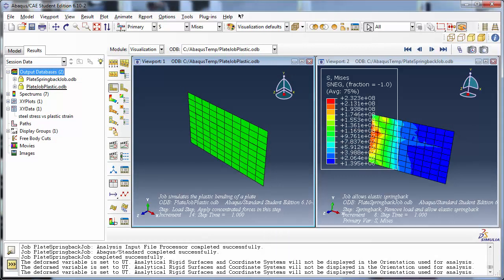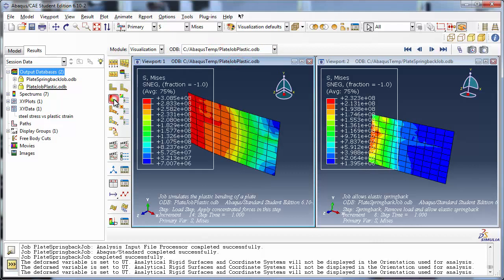A quick way to check which output database is displayed, or to change it, is to use the ODB drop-down menu for the visualization module. Note that the ODB file name is also visible in the title block in the viewport. Display the Mises stresses on this plate. Click on the title bar of Viewport 2 to make it the active viewport, and ensure that the ODB displayed